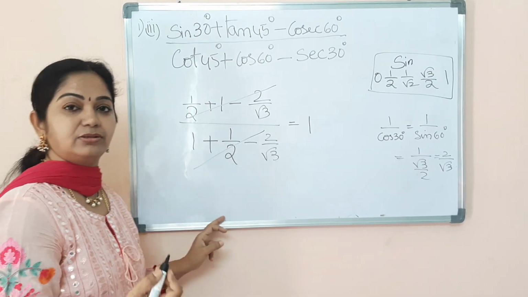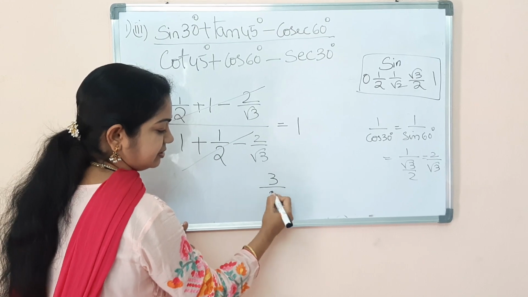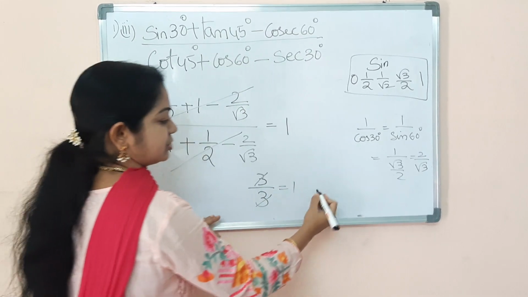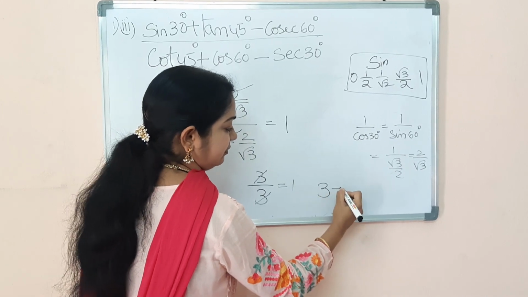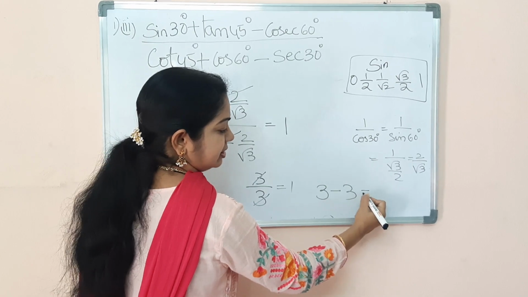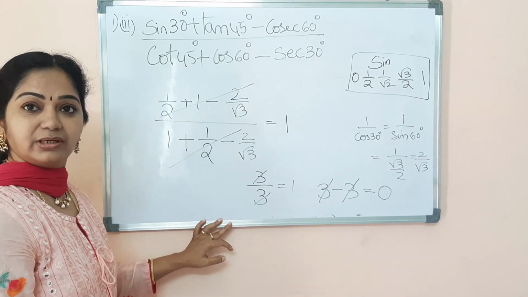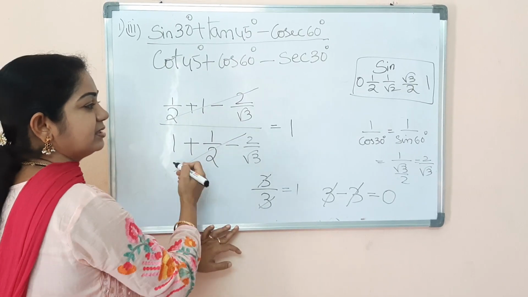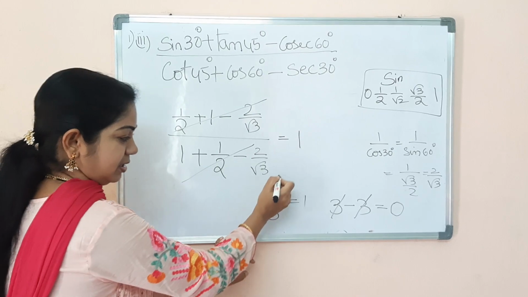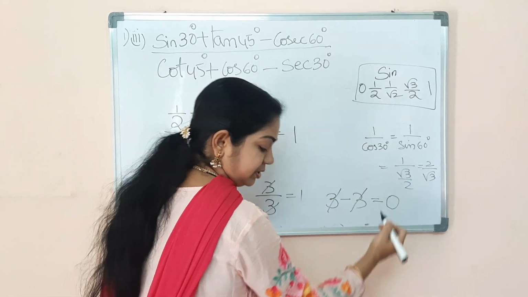Regarding cancellation, you need to remember vertical cancellation: if it is 3 by 3, we get 1 upon 1, that is 1. But students usually make a mistake. If it is a horizontal cancellation, plus 3 minus 3, if you are cancelling horizontally, we get 0. So in a hurry, you cancel this and you write 0. At times it happens. So with vertical cancellation you get 1, and with horizontal cancellation you get 0.